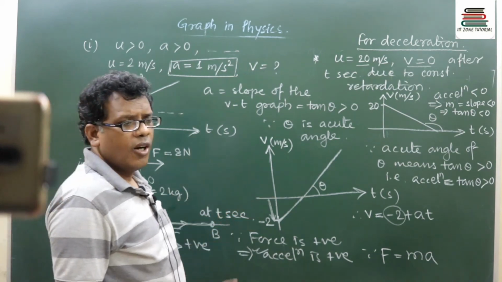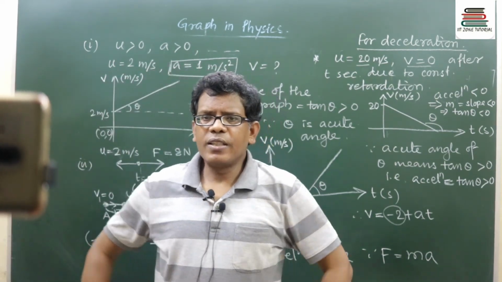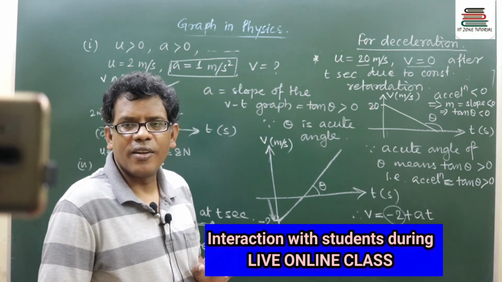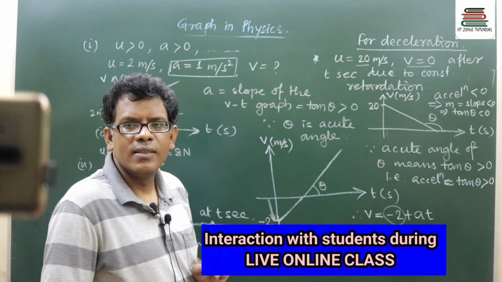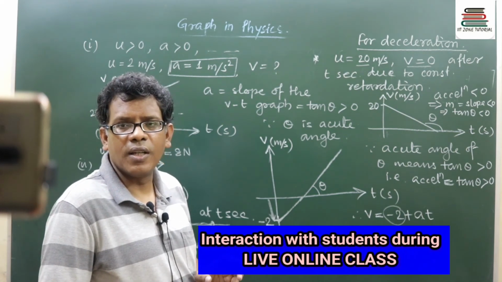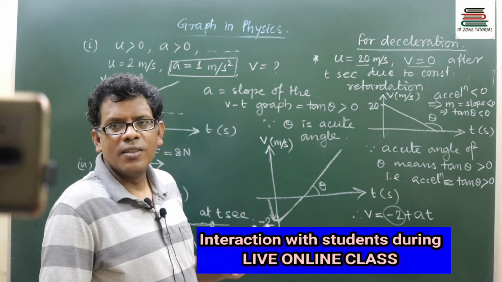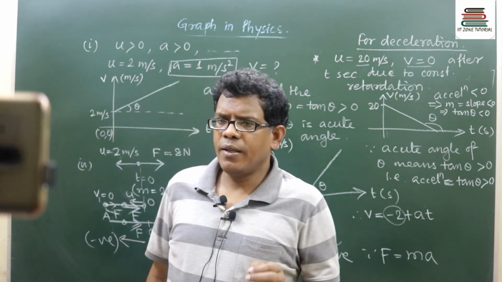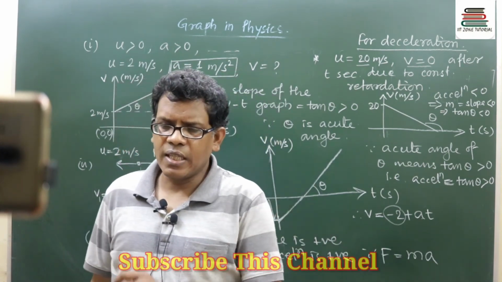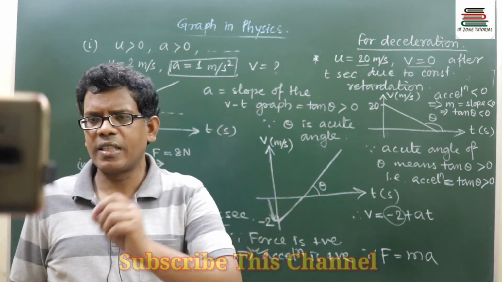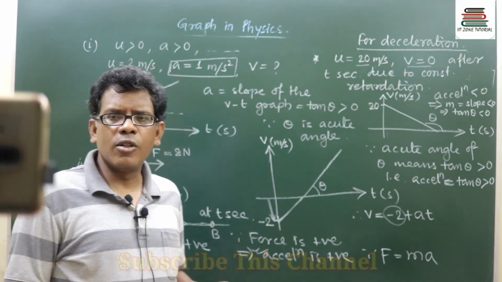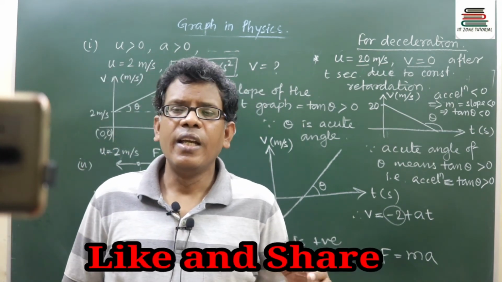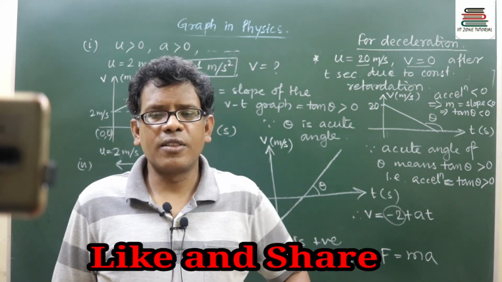These two were the graphs of velocity-time motion under constant acceleration. Are you getting it? Could you follow this one or not? So this is the way for each and every motion, each and every physical quantity, not only in motion, in various other chapters I will show you. There also we can discuss one physical quantity with respect to another physical quantity. Their characteristics can be asked based on the graph.